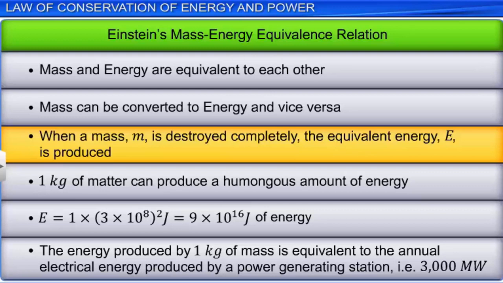Thus, according to Einstein's mass-energy equivalence equation, 1 kilogram of matter can produce a humongous amount of energy, which is E is equal to 1 × (3 × 10⁸)² joules, equal